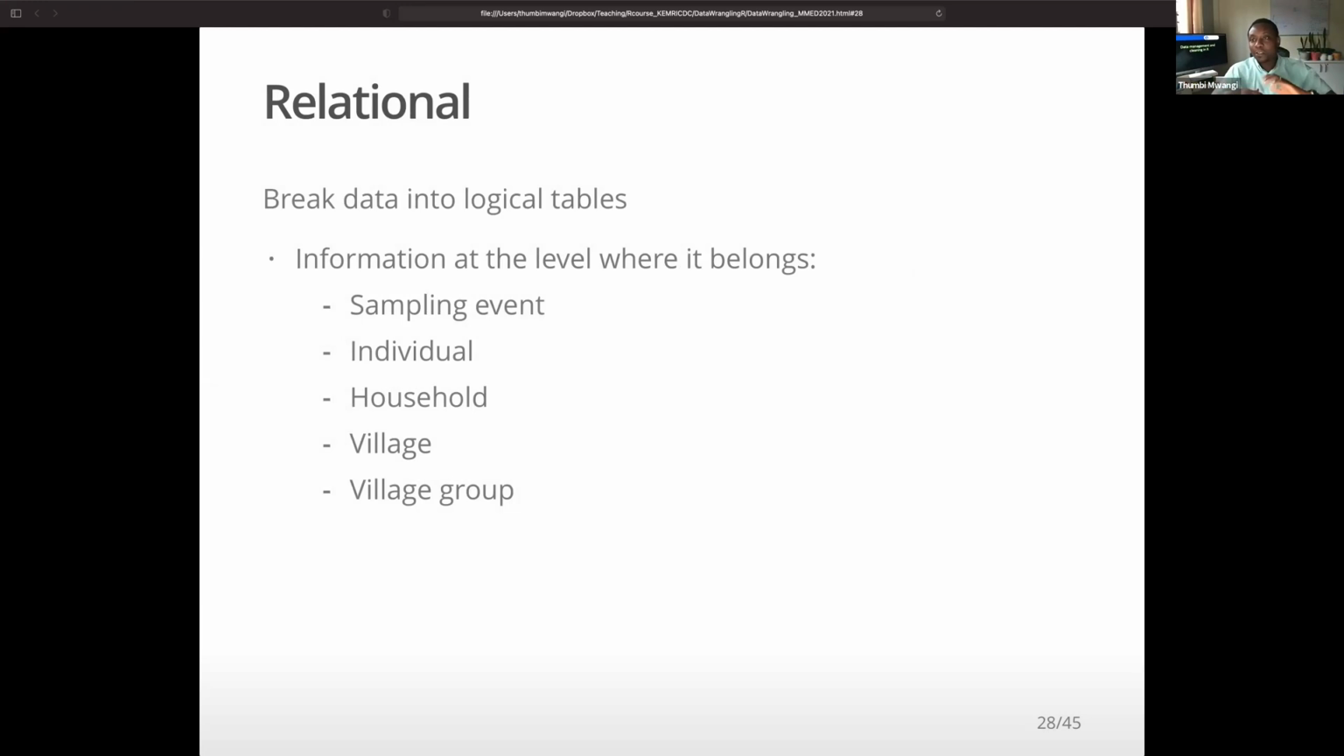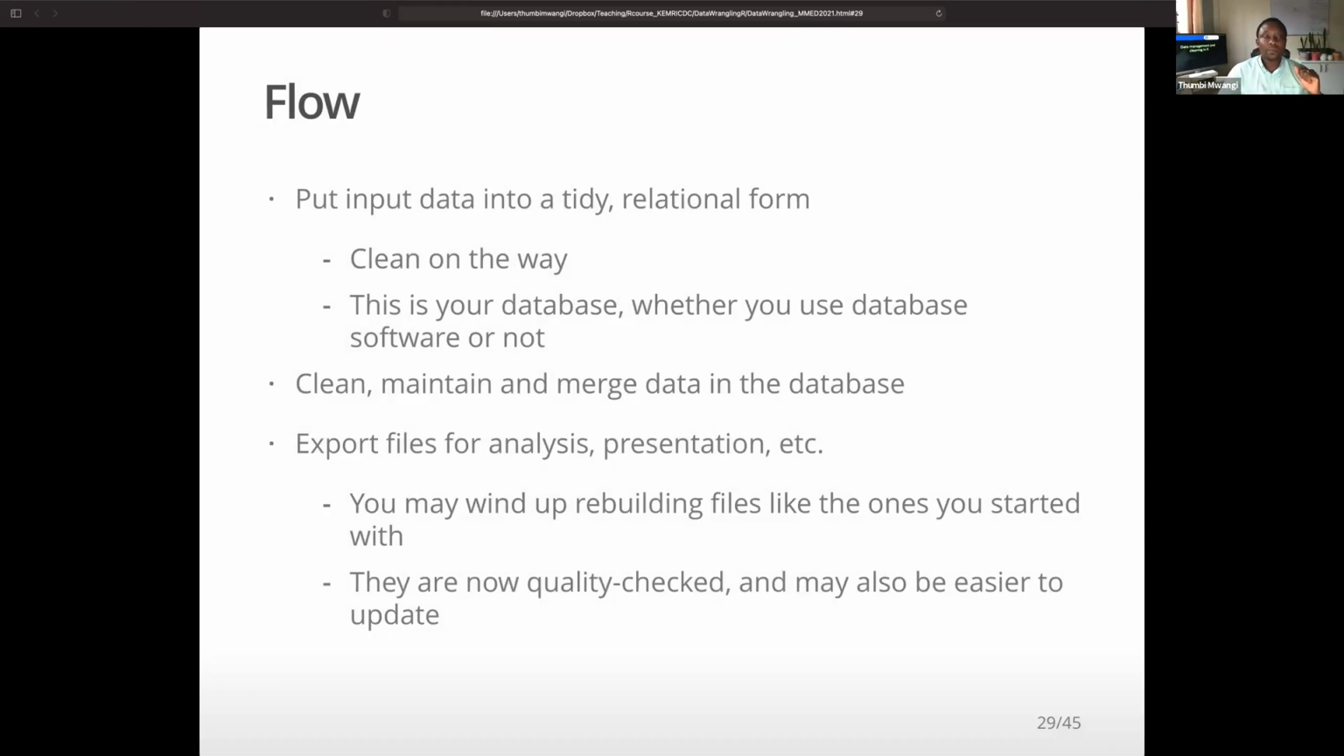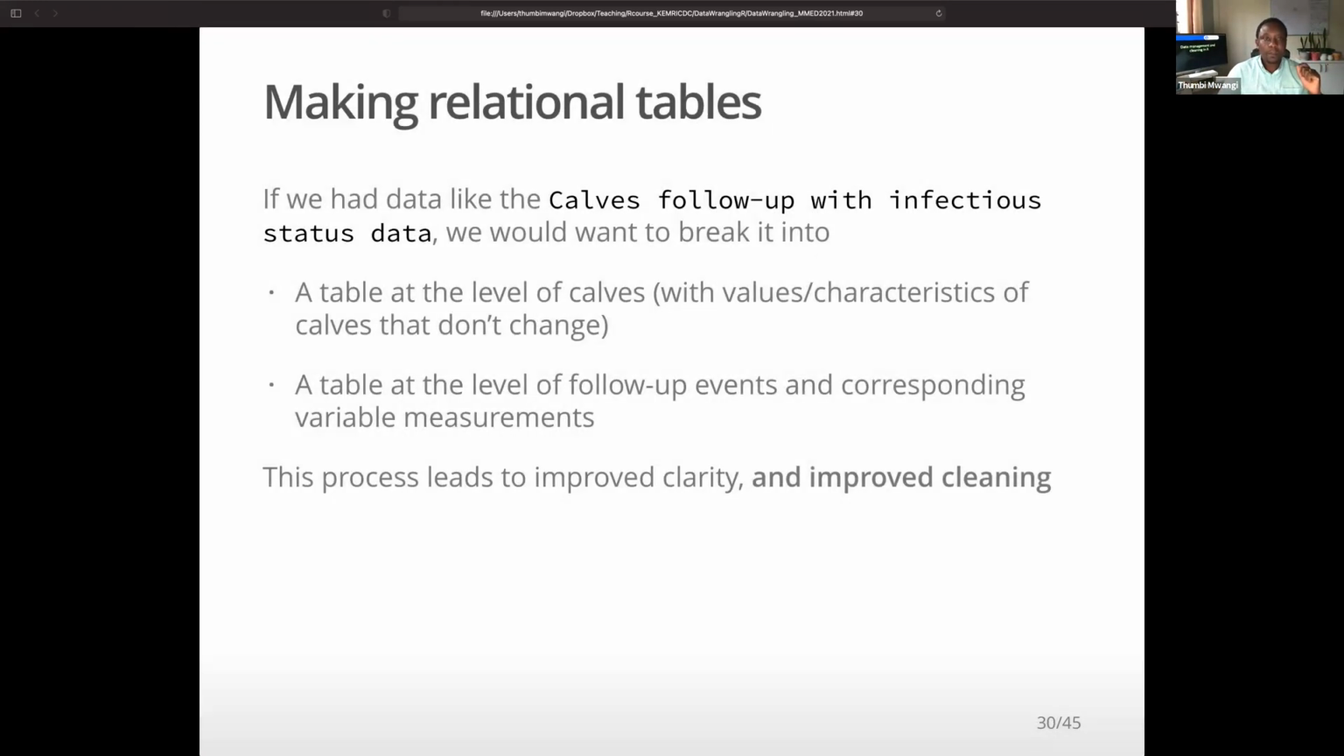And the way those logical tables are placed, sometimes within a software like Microsoft Access or SQL databases, makes it pretty easy for you to analyze and work with. Okay. Let me just spend a minute talking about making relational databases or relational tables. So if you think of the data set that has ideal 2 that has follow-up information, we might want to break it into a table at the level of calves,